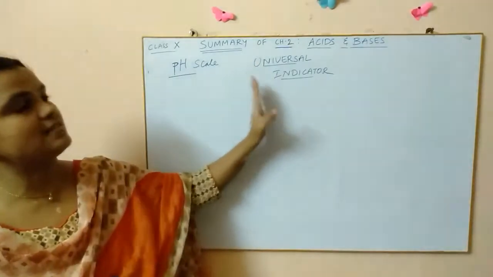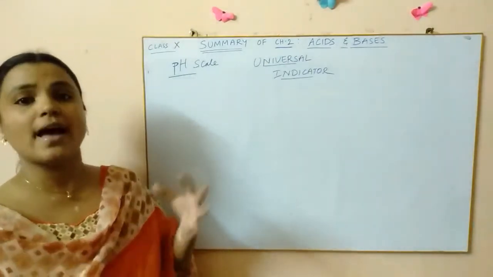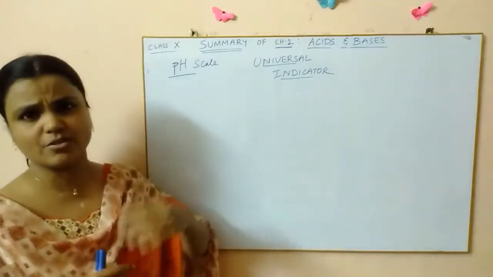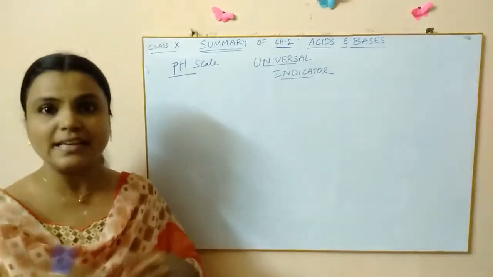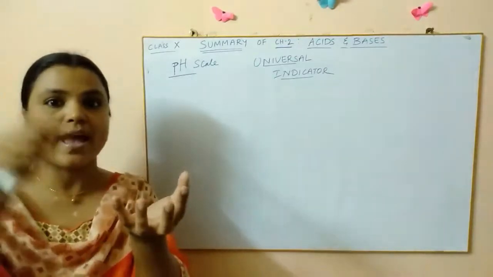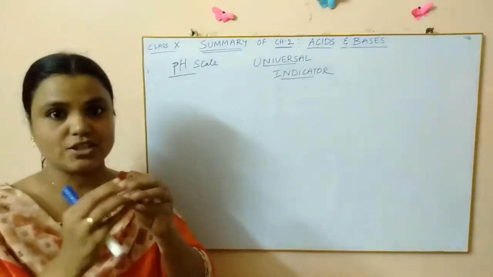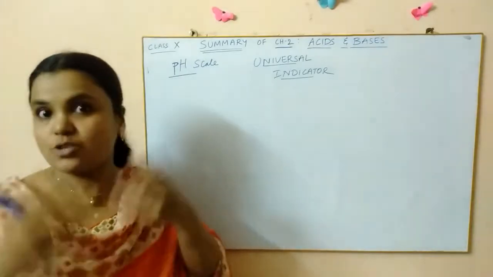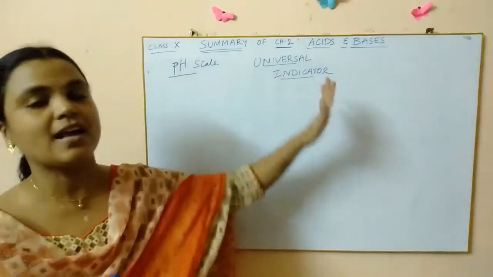This is nothing but an indicator made by mixing all the indicators. So as a result, what happens? Every indicator will give its characteristic color when it encounters a solution. Say, for example, all the indicators are mixed in this solution. Now when you add acid to it, those indicators which can show their color at that particular concentration of hydronium ions will give their color. That is how you can see different colors at different